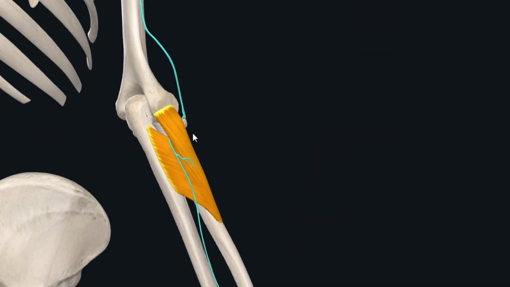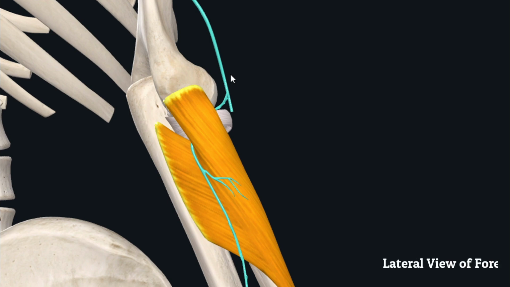Now lastly, let's talk about the nerve supply of this muscle. So just like the other extensor muscles of forearm, the supinator muscle has got its nerve supply from the deep branch of radial nerve. So if we take a lateral view of forearm, then you can see that this nerve